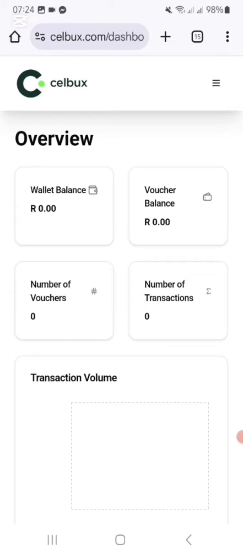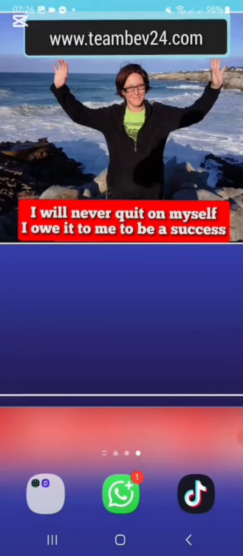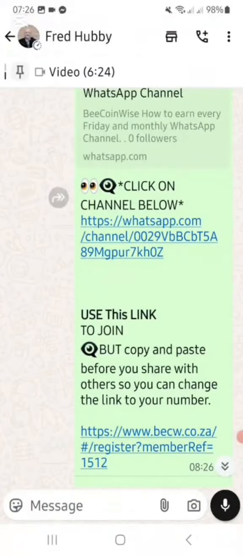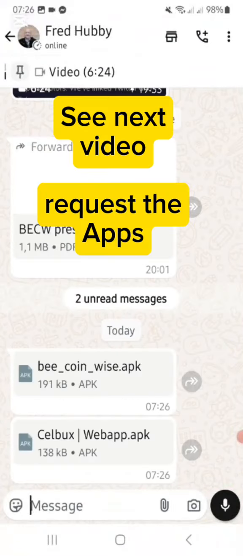On to our CoinBWise because we want to get your reference number. So how are you going to do that? Okay, so now you want to go and get the apps on your phone. These are the 2 apps